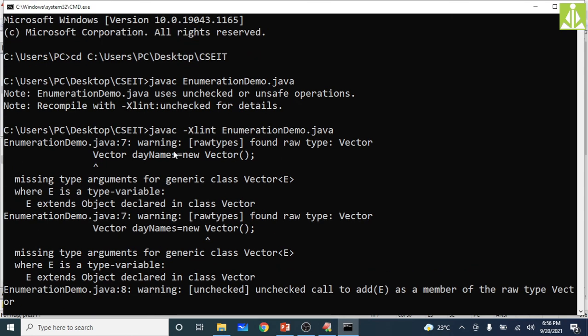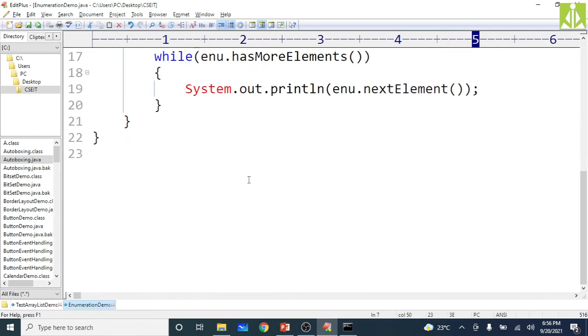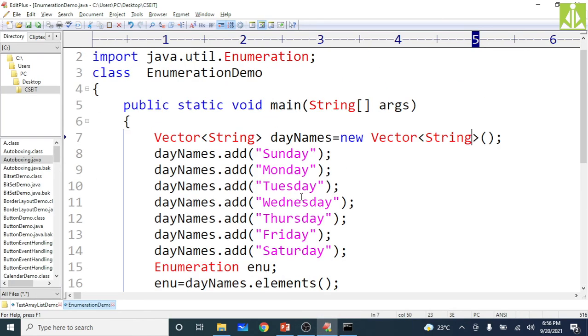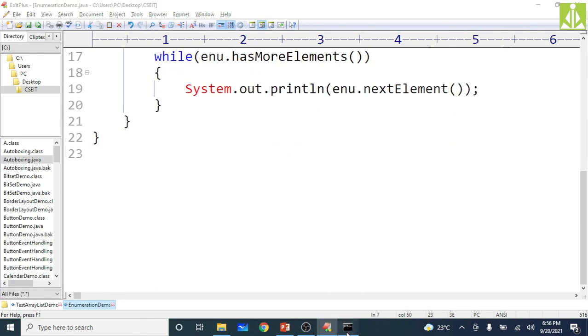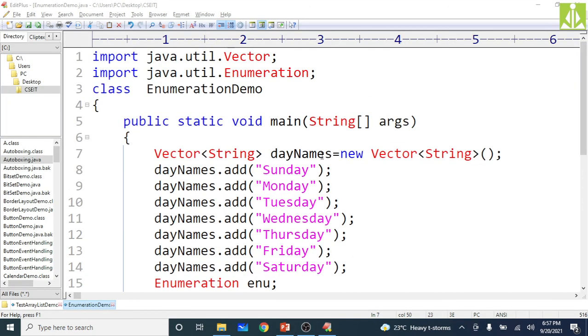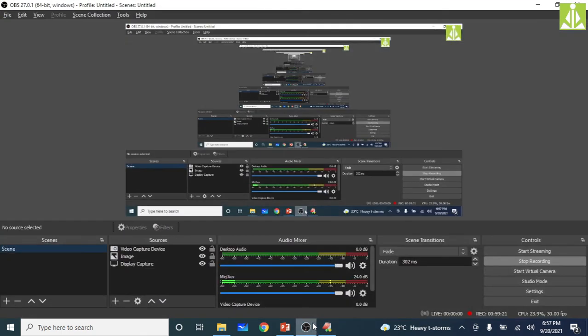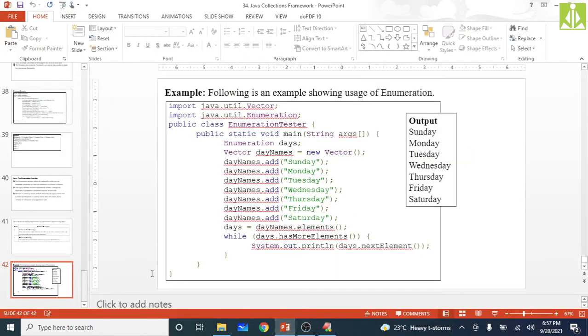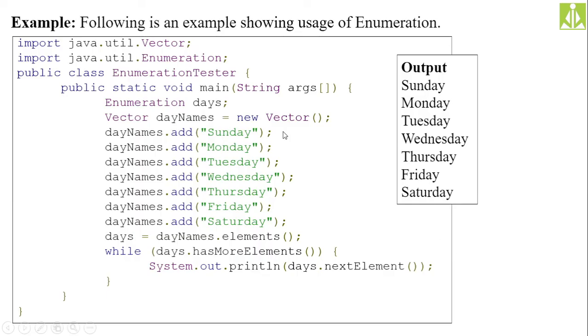So the concept is same, the enumerator concept, whatever I explained over here, it is same for different things. Okay. So with this concept, I will conclude my class, and in our next class we will see about servlets and other stuff. Okay.